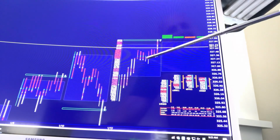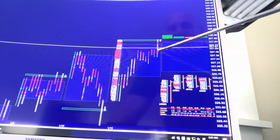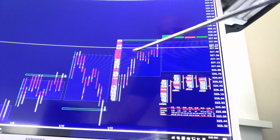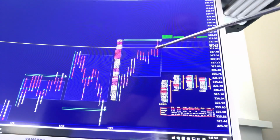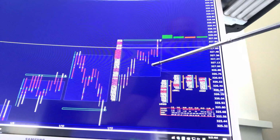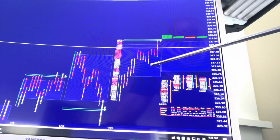If you open below it and can't get above it, well, then they're rejected. And I'd use that more as a level of resistance than support. I hate using those words, but I'm just trying to put it in kind of plain English. If those are rejected, your next destination should be your afternoon pullback low of